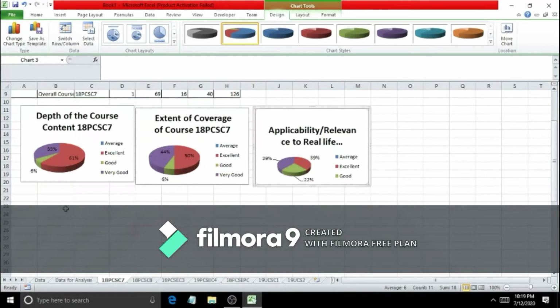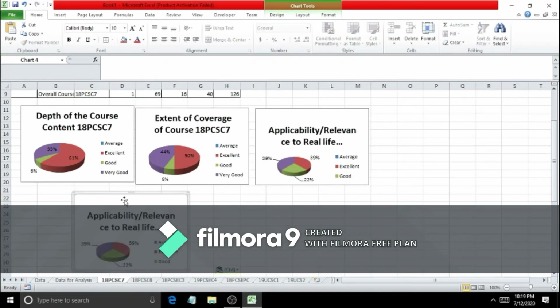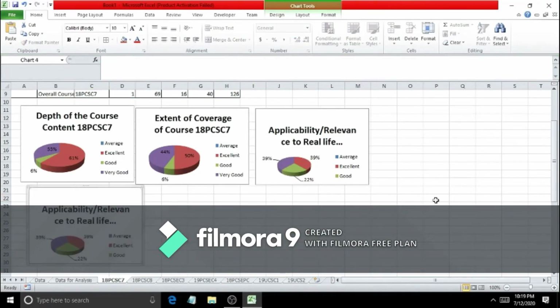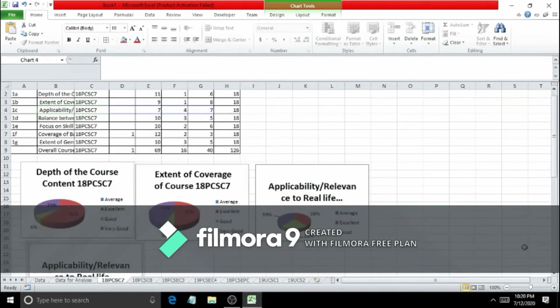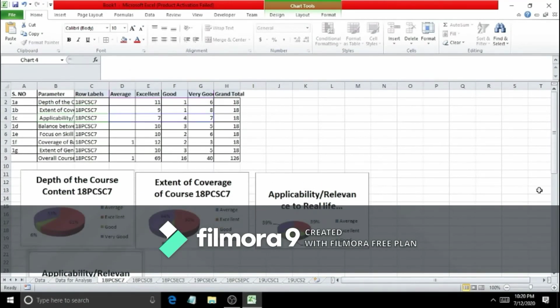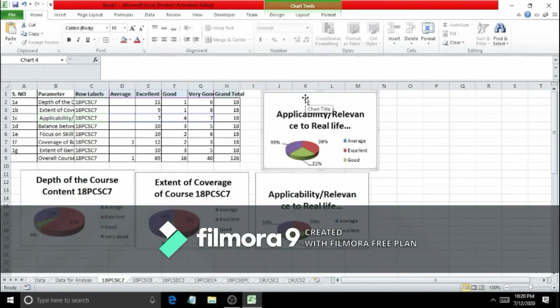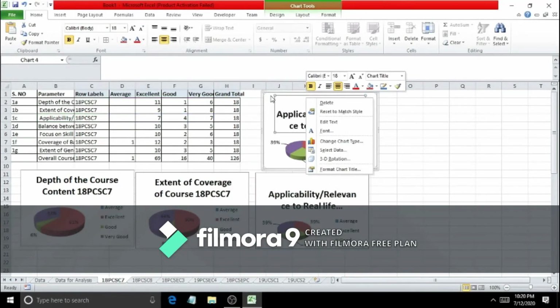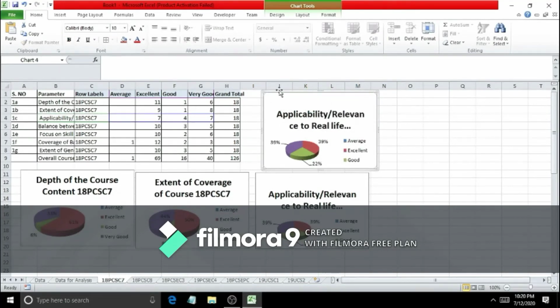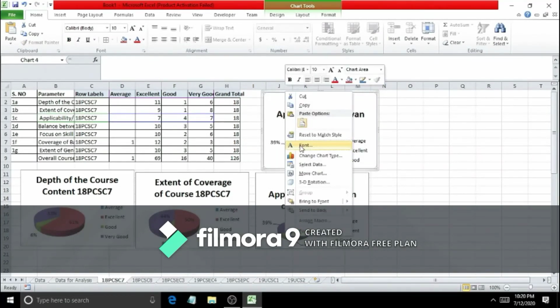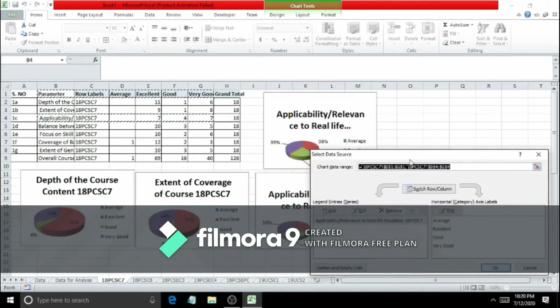Okay, so here you get 3 charts already, and make more in the same manner, Control D for a duplicate chart. You can move this chart in this sheet for your convenience. Then right click, select the data area, and change the row number.